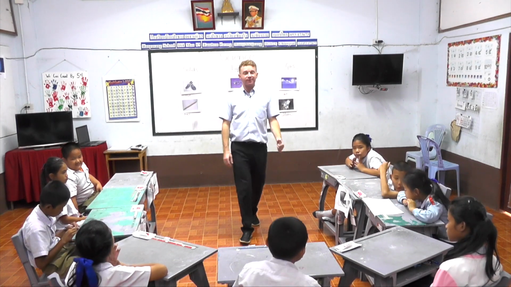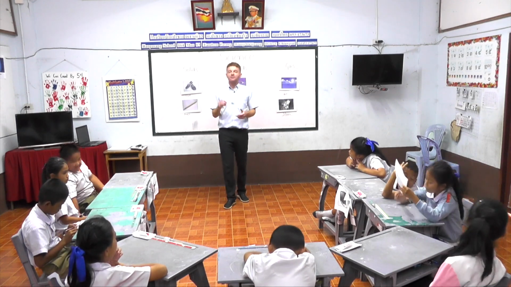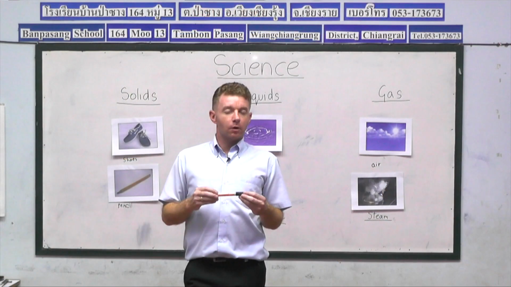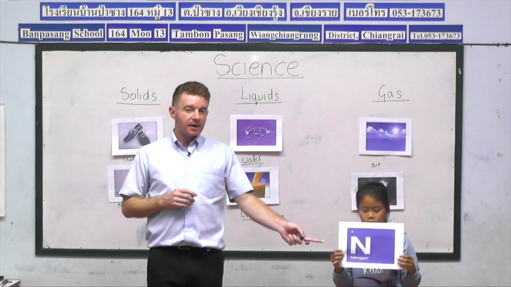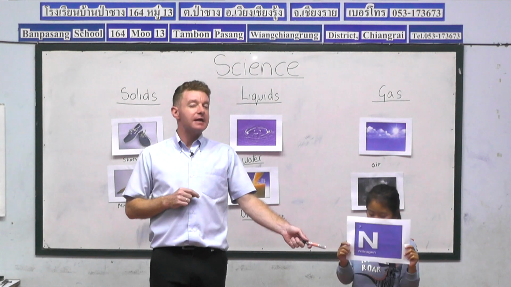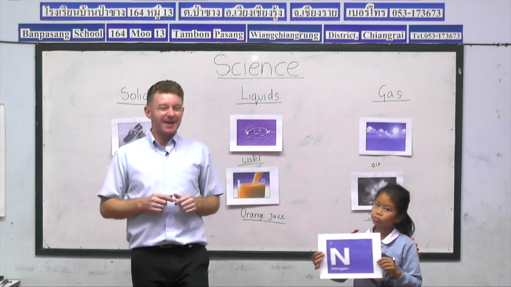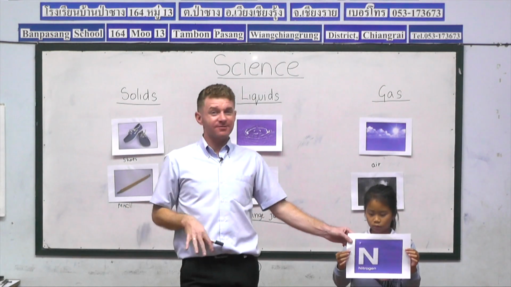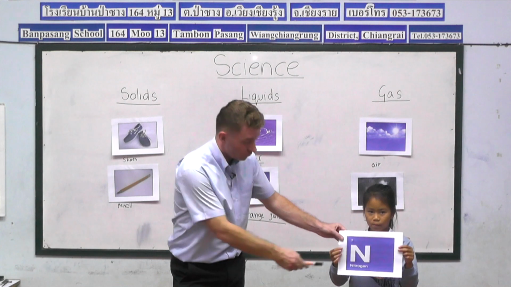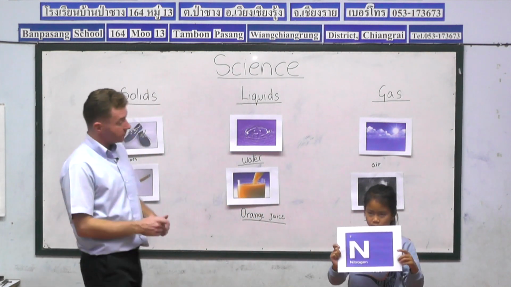And the next flashcard is with Prel. So Prel, come and join me at the front of class. Now look closely at Prel's flashcard. N for nitrogen. And what type? Nitrogen is a gas, yes. Nitrogen, it's hard to do a picture because we can't see nitrogen, so we just have to represent it with the letter and word. And what is it, Prel?